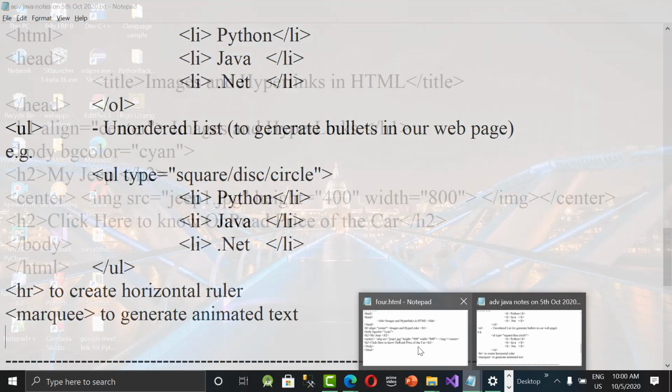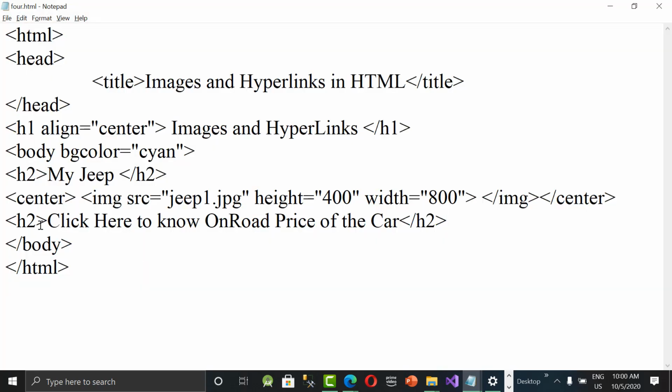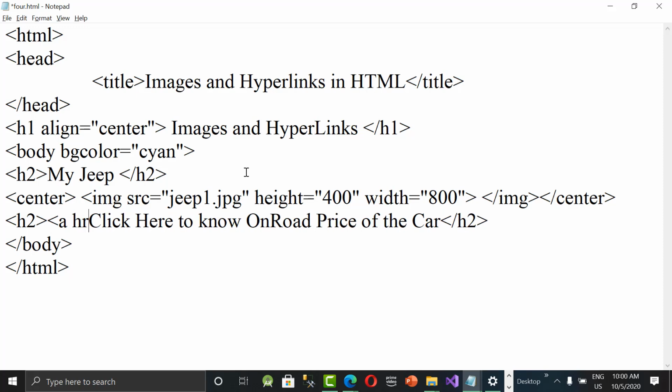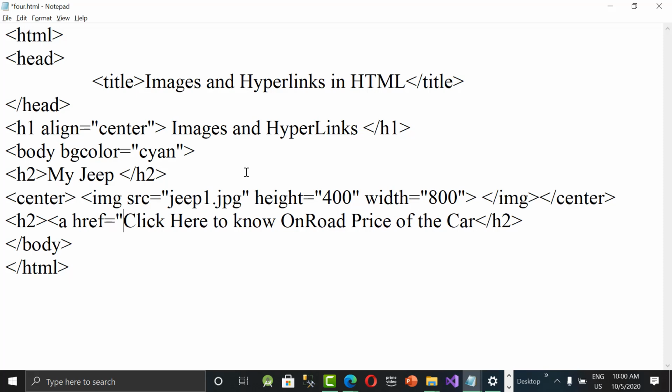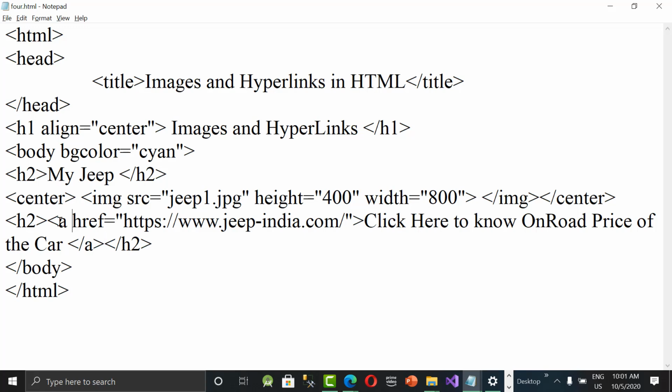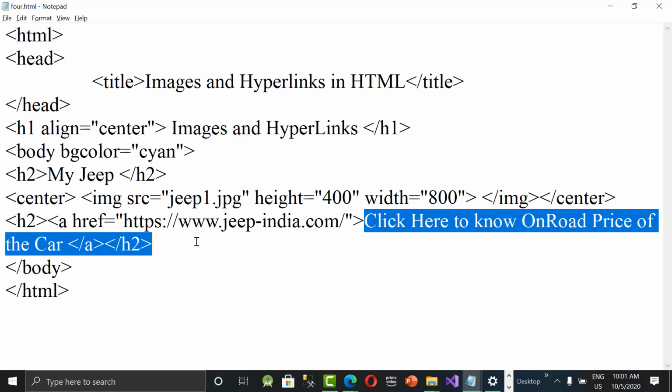Now here we are going to use something called A for anchor, anchor tag open and close. And here we have an attribute called href. Href stands for hyper reference. So if anybody clicks on this, where you wanted to navigate. In between anchor tag open and close, whatever text is there, that will become hyper. Got it?